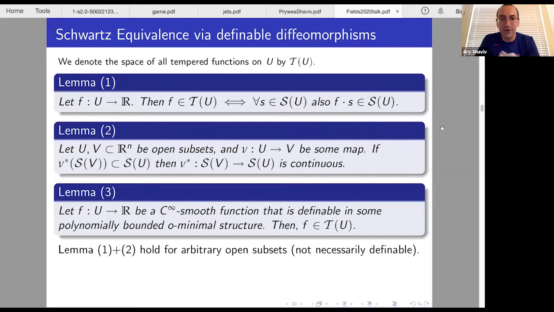You have to show that the graph of ni star is closed, and it's not too difficult. So these two hold for arbitrary open subsets. And the third lemma follows from the Lewis-Savage inequality. What you do is look at the maximum of your function in an epsilon neighborhood of the boundary of your set U, and then as you vary epsilon, you get a definable function, and then you see that the Lewis-Savage inequality implies quite easily